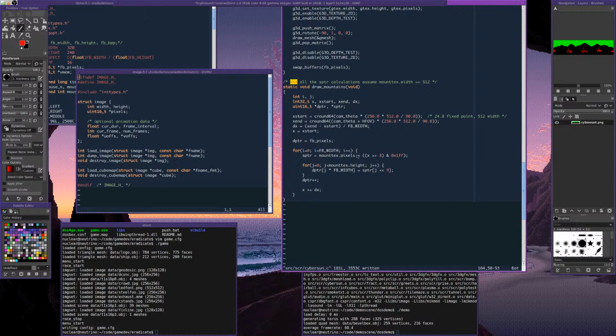Now, since we have that down correctly and the horizontal rotation works fine, I need to direct my attention to the vertical rotation. So what do I need to do to make this rotate vertically as well? I need to position the mountain image vertically according to the rotation. Okay, so that's a bit trickier though, because ideally what I need to do,